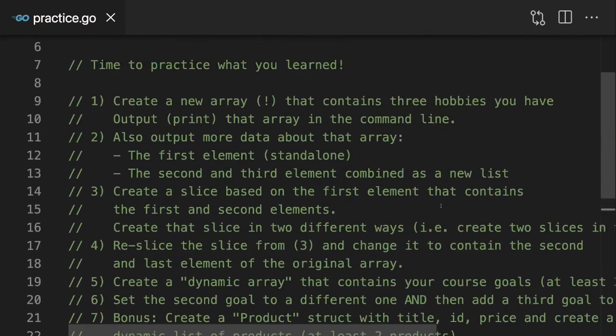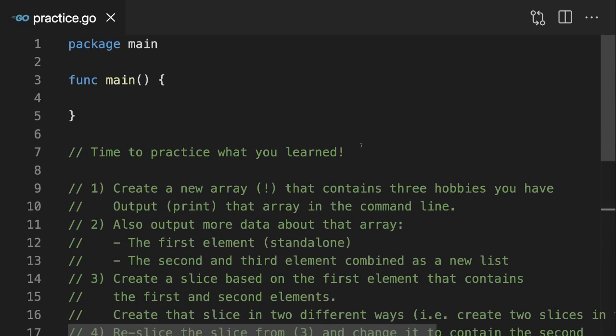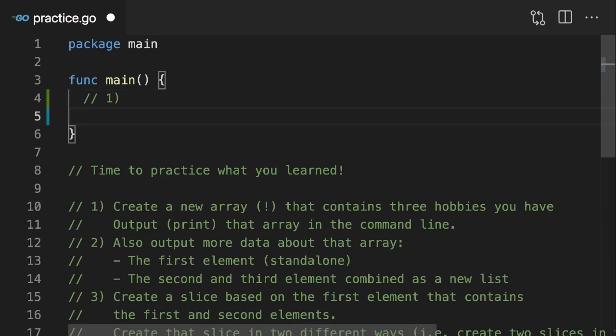So, did you succeed? Let's now solve these tasks together. And let's of course start with task number 1. In task number 1, we want to create a new array that contains 3 hobbies. So I'll create that array, and we get various ways of doing that with the var keyword and this slightly